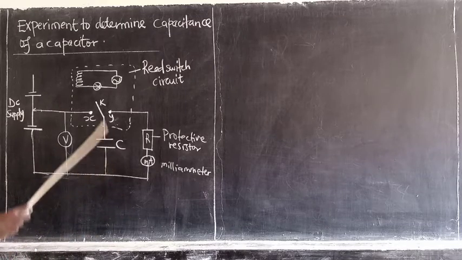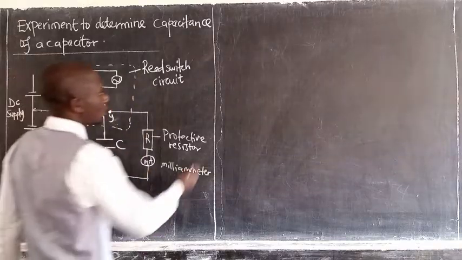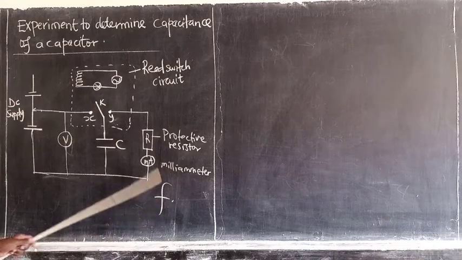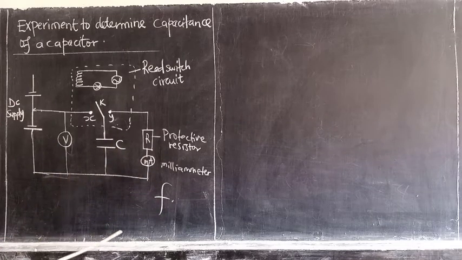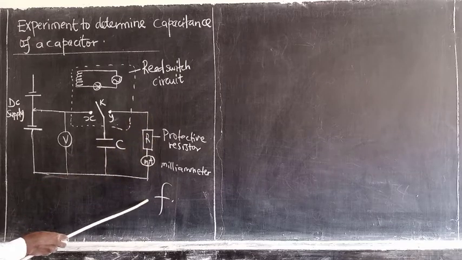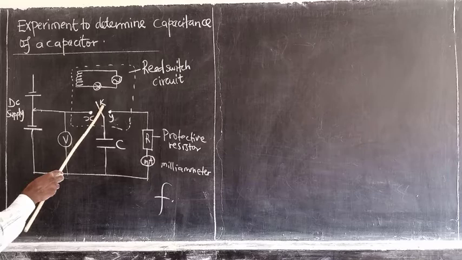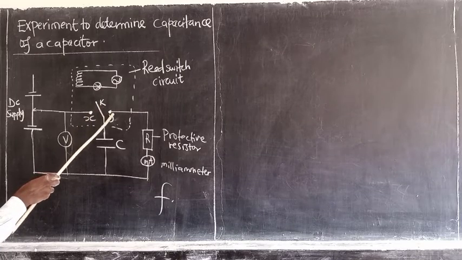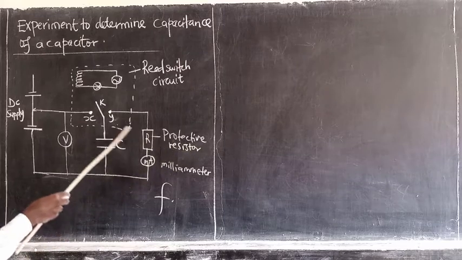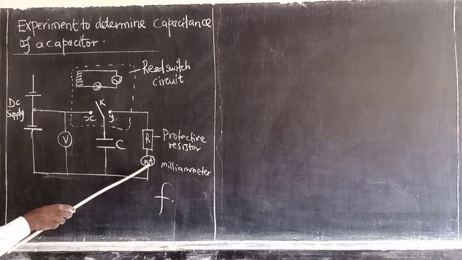Then you activate this reed switch circuit at a suitable frequency, let's say a suitable frequency F. When you activate it at a suitable frequency F, which is very high, of course, this switch K will touch X and Y respectively at very high speed,